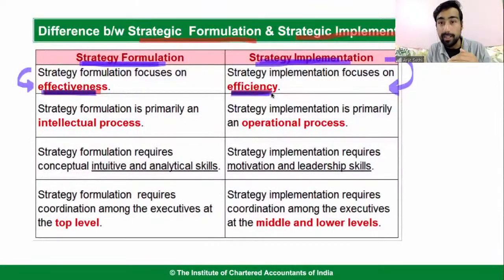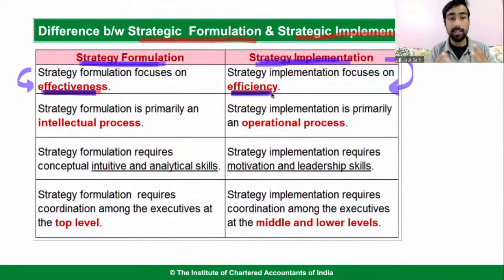Now go to the previous graph. Formulation अच्छी है, implementation weak है, क्या होगा? Implementation अच्छी है, formulation weak है, क्या होगा? Now put that thing in effectiveness and efficiency. Change implementation with efficiency, change formulation with effectiveness, and the graph becomes easy, right? Try doing that. आपका जो effectiveness and efficiency का graph है, you just use this formulation and implementation वाला graph. Change formulation with effectiveness, change efficiency with implementation, and सब कुछ solve हो जाएगा. You'll get clarity.